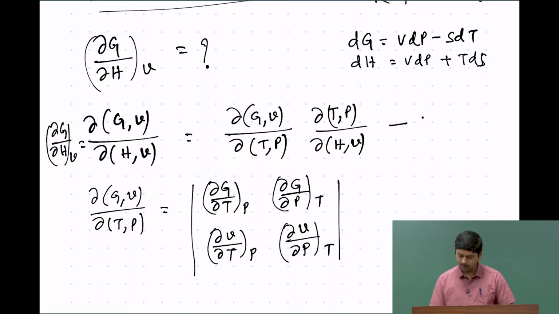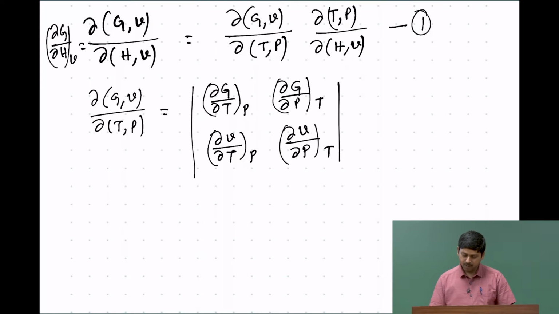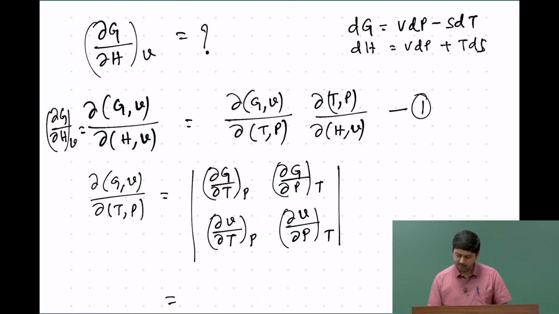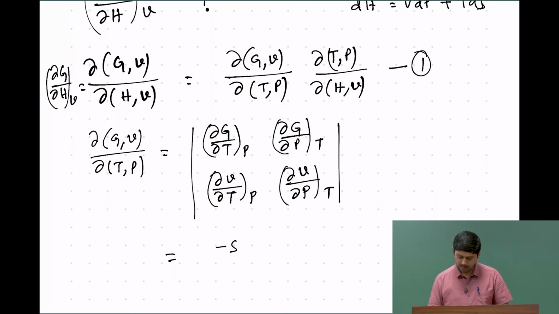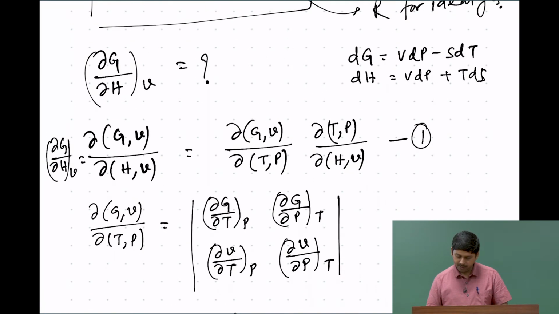So, this is let us say equation number 1, and then we are taking only the first term of equation number 1. Now, del G by del T at a constant P, let me see if I wrote it correctly. Now, del G by del T at a constant P is how much? You can get that from here. Del G by del T at a constant P is minus S. So, this is nothing but minus S, and then del G by del P at a constant T